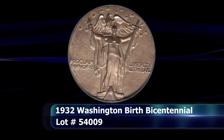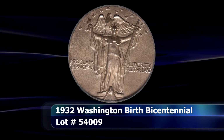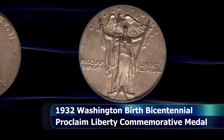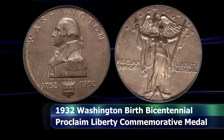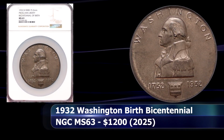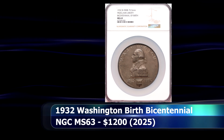$1,080. The 1932 Proclaim Liberty Medal was created as a part of the bicentennial celebrations of the birth of George Washington, hence the dates of 1732 to 1932 on the obverse of this large-sized silver commemorative medal. It was graded by NGC as MS-63 and sold at auction on this occasion for